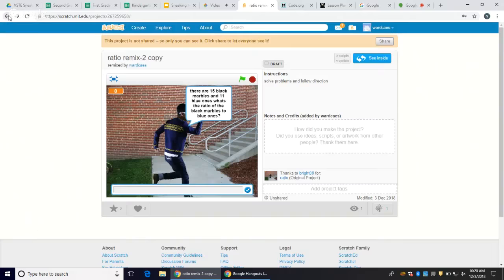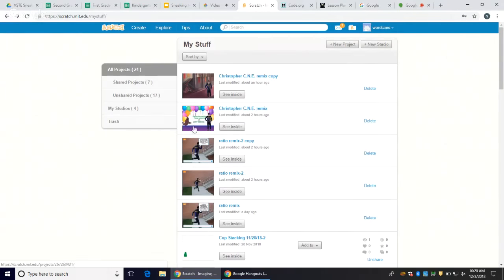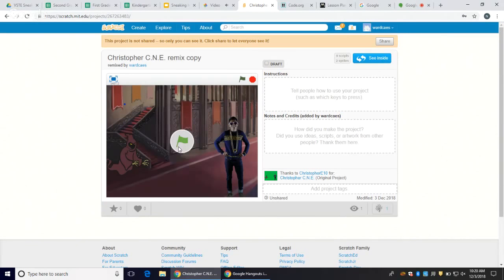It is. It is. And I was trying to get the cause and effect one. Here we go. So here's our cause and effect. So this was our English standard. And you can have them create it, and then their friends can exchange computers, and their friends can go in and play these games essentially.